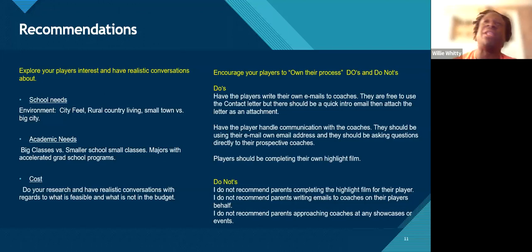They will let it be known when it's cool to do that, but that is definitely after June 15th when sophomores are in that communication phase. Right now, it's a no contact phase. A lot of the recruiting process is going to be done prior to the time they can talk. So get comfortable with the player making a lot of reaching out, a lot of contact to coaches without a lot of involvement at the moment. They will get parents involved when they get a little bit further down the line for sure.